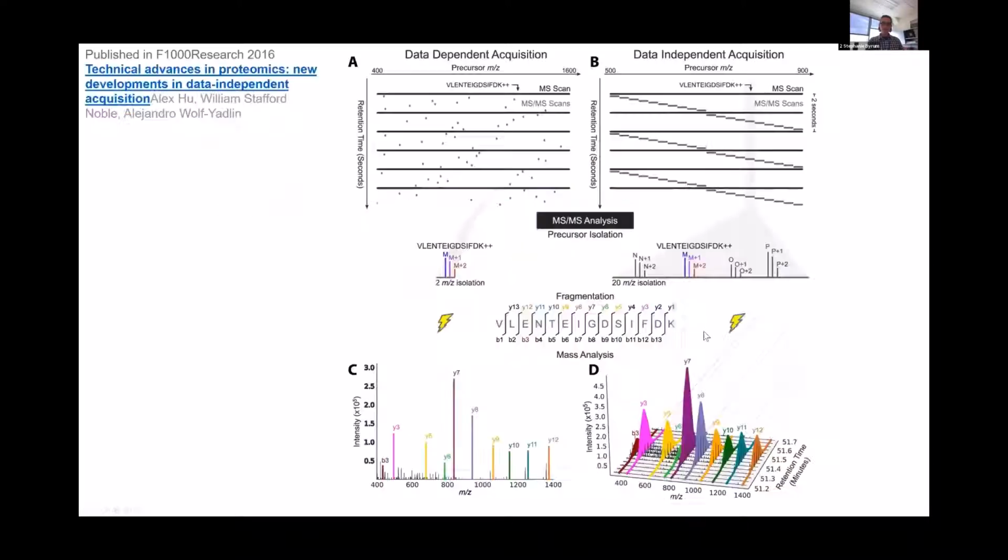So the advantage of a data-independent acquisition, instead of doing this punctate approach where you're just sequencing the high abundant peptides that come off the instrument into the MS2 scans, is a window-based approach. You're trying to sequence everything within a narrow window of the retention time as they come off. You're really trying to sequence through everything and not just the top abundant peptides that happen to elute at that